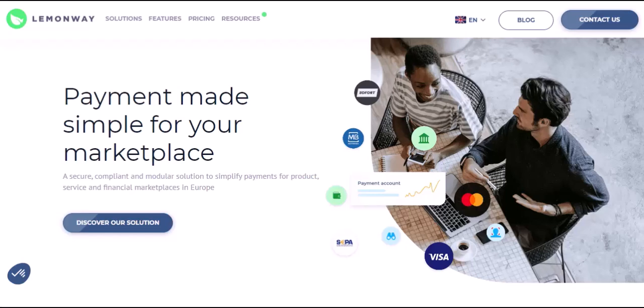Introducing Lemonway. Today, we're diving into the world of Lemonway, a European player gaining serious traction in the payment facilitation game. But what exactly makes them stand out? Lemonway's specialties. Lemonway caters specifically to marketplaces, platforms, and businesses that need to manage financial transactions within their ecosystem. They offer a robust suite of features, including secure escrow services, seamless payout solutions, and compliance tools that navigate the